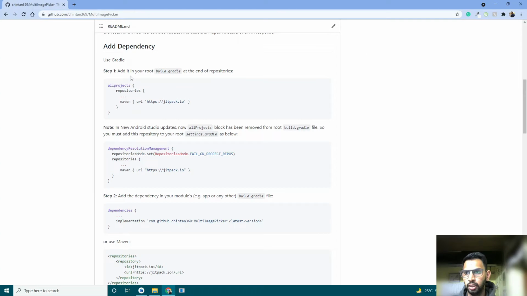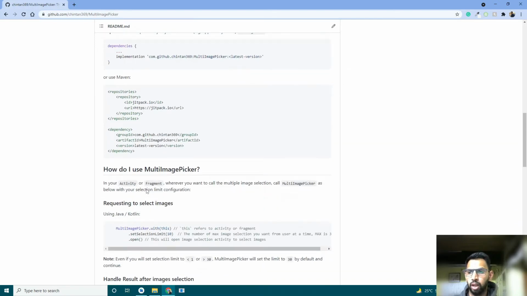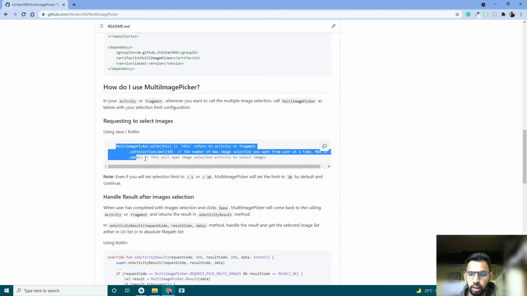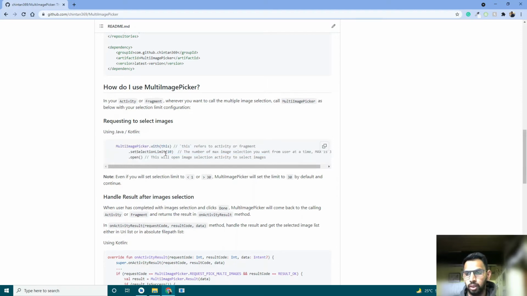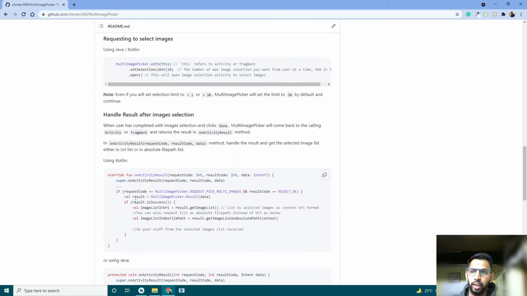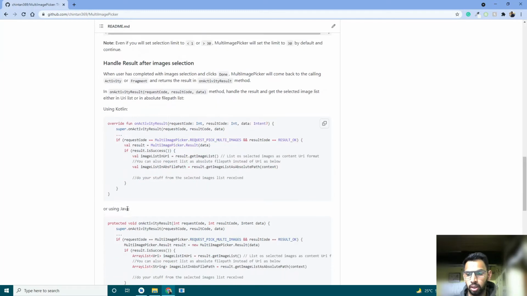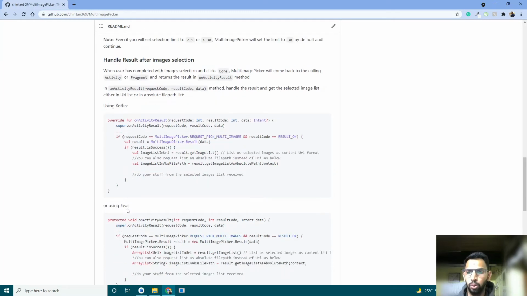All the documentation is covered here: how to add the dependency in our project, how we can implement it in easy steps, and how we can get the result in easy steps. So I'm going to show you by implementing the same in our Android project.